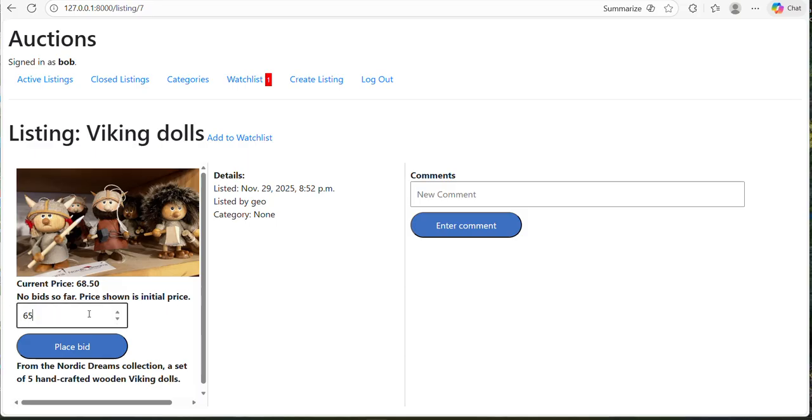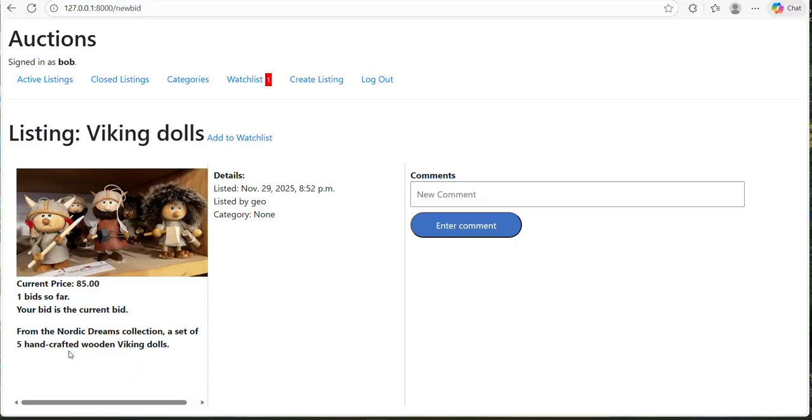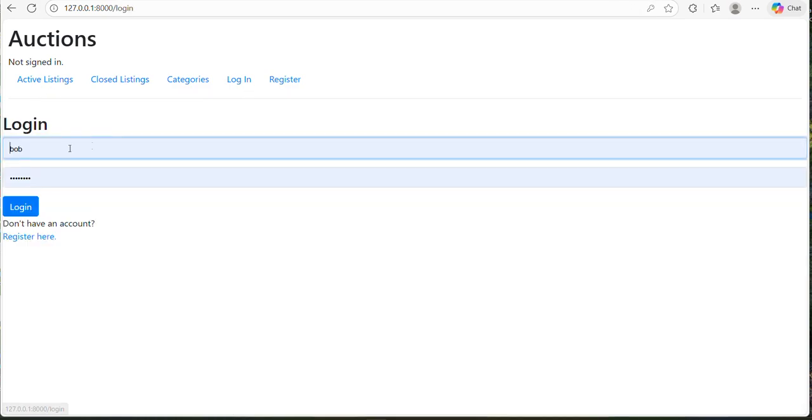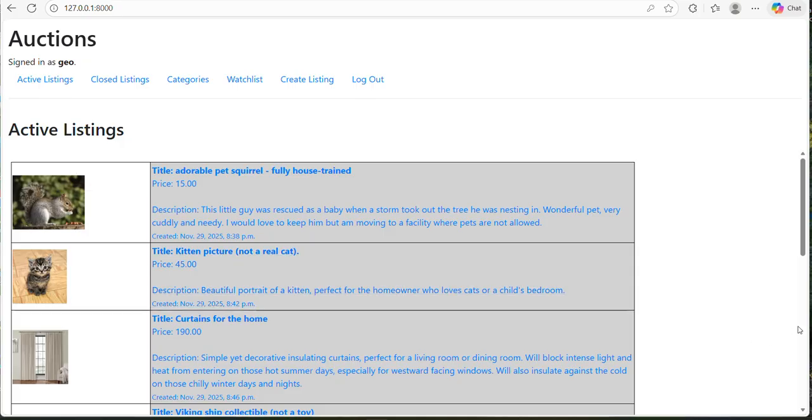I'm going to bid $65, and it's going to say, nope, you can't do that. Not big enough. Bid $85, and it's going to take it. And one bid so far, your bid is the current bid. Great. If I log out and log back in as the other user, the one who does own this,